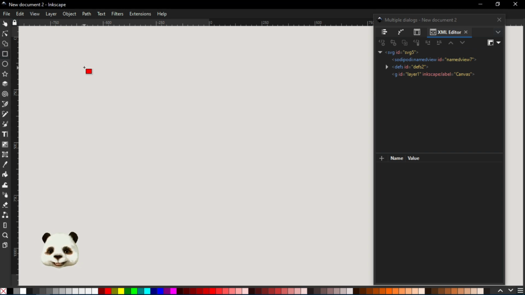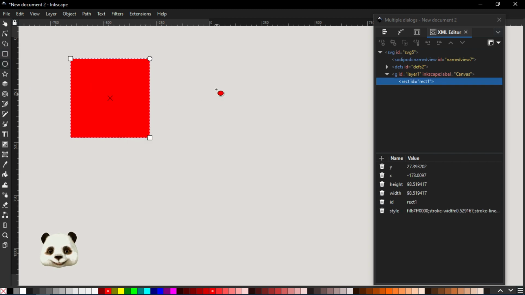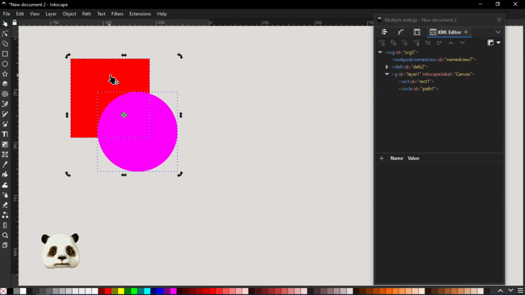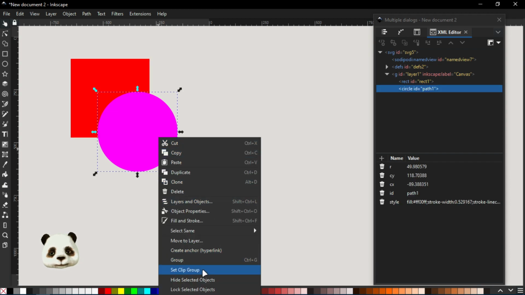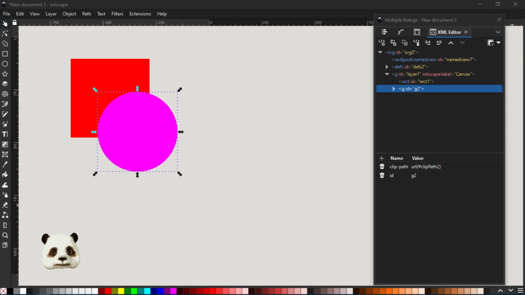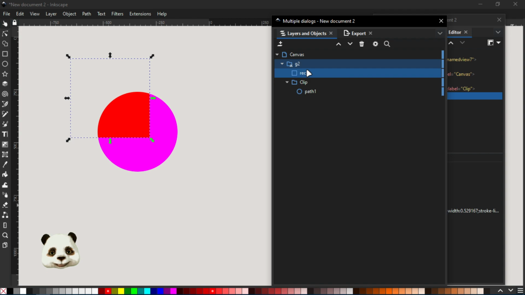Let me exemplify. So, we take this beautiful rectangle here, we take this beautiful circle here, which is called an ellipse, and we're going to make this ellipse into a clip group. So we only selected that in order to create the clipping group, and then we move this thing inside here,